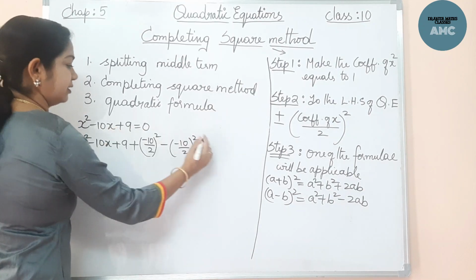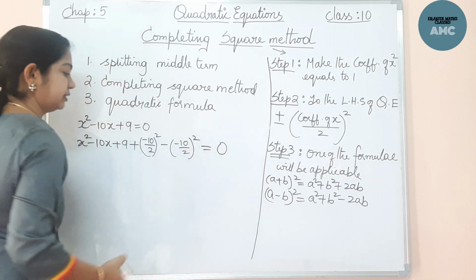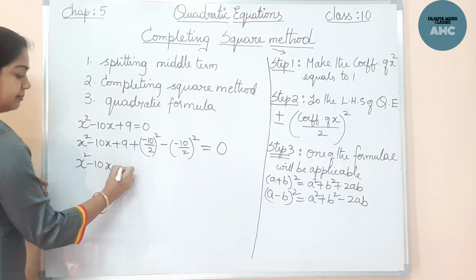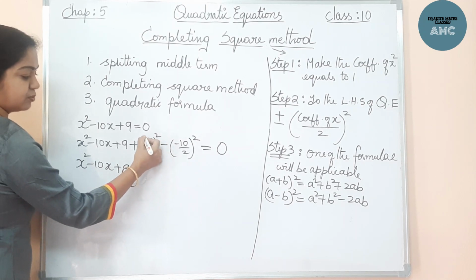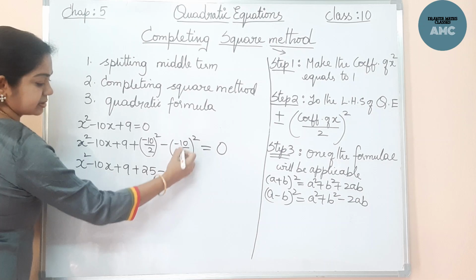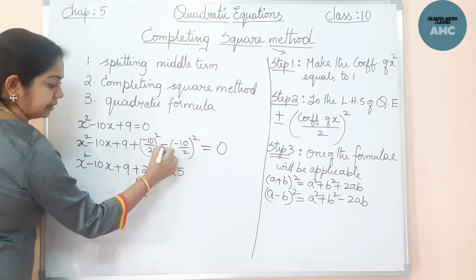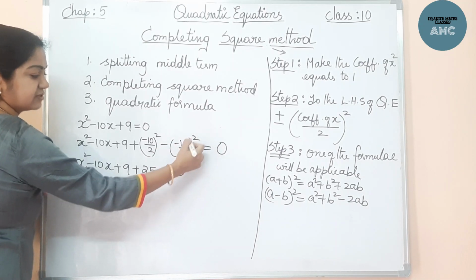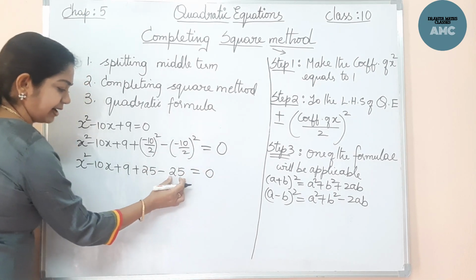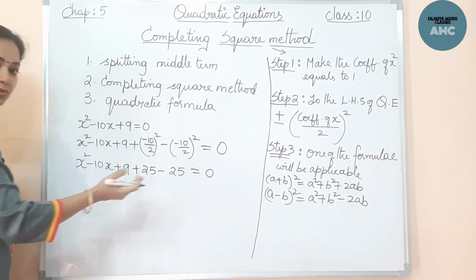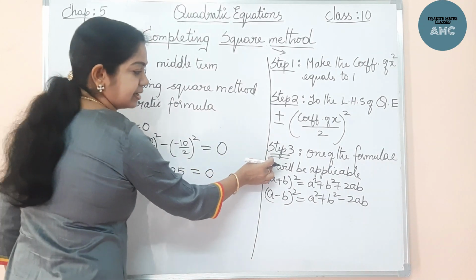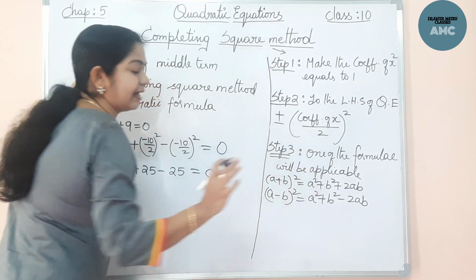Okay, as well as we have equal to 0, right? Now we'll write x square minus 10x plus 9. So this comes to minus 5 whole square, so plus 25. This is again here minus, so inside you get minus 5 whole square plus 25, here minus. So if added and subtracted, if you cancel it, it's 0. There is no change in the equation. Now from here, this third step comes. One of the formulas will be applicable.